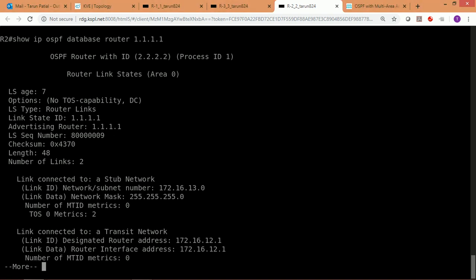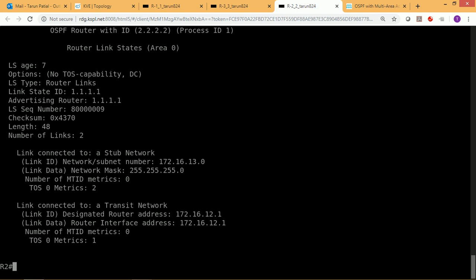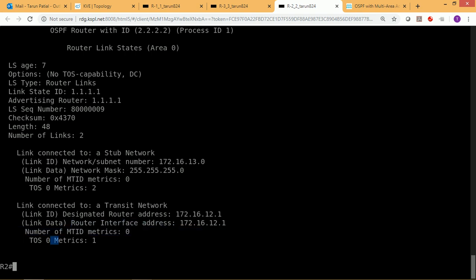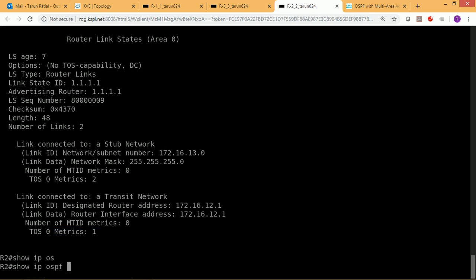Then interface address you can also see. So it is advertising link information. So IP address, and see the metric for this link is 1. Yeah, my cost to reach this 12.1 is 1. Similarly, if I want to see,